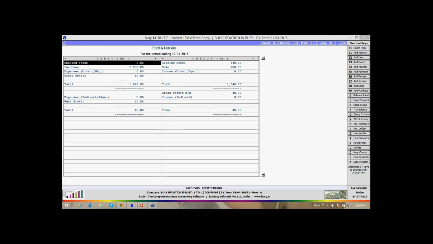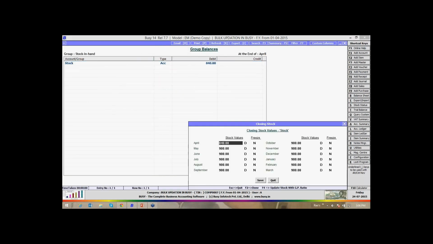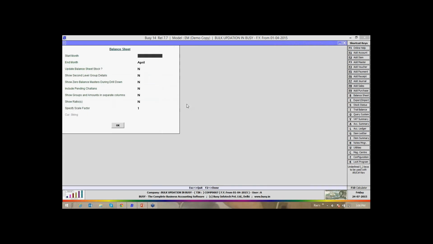See the profit is changed now. Sale is 200, so 20% is 40. Accordingly, closing stock is adjusted. So the variable figure is obviously closing stock if you want to achieve the GP ratio. So you can update your stock on the basis of GP ratio also.